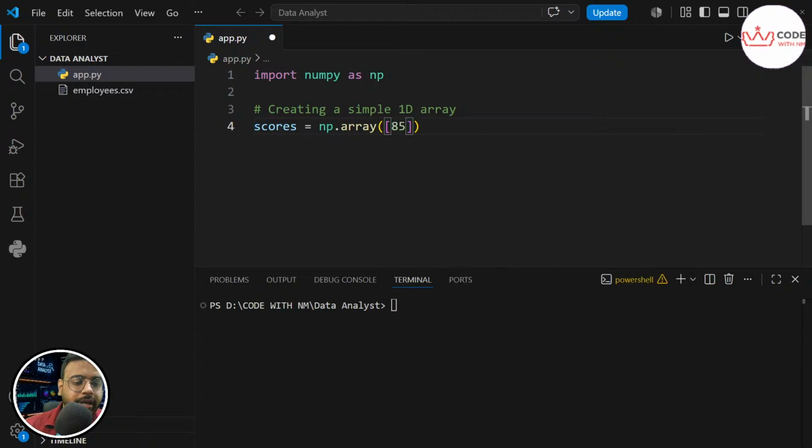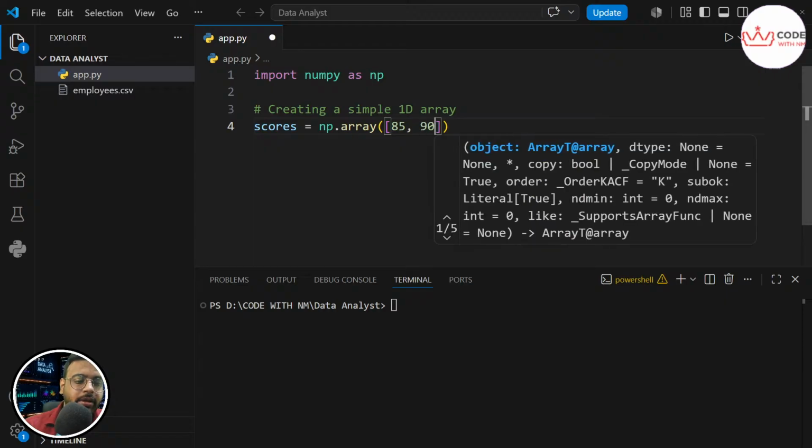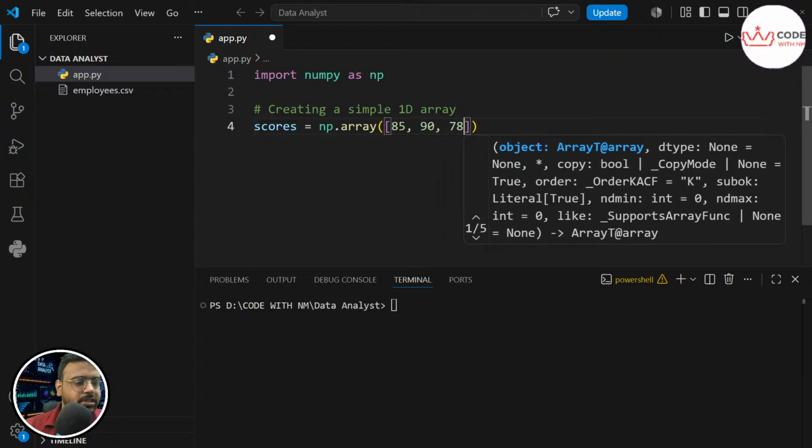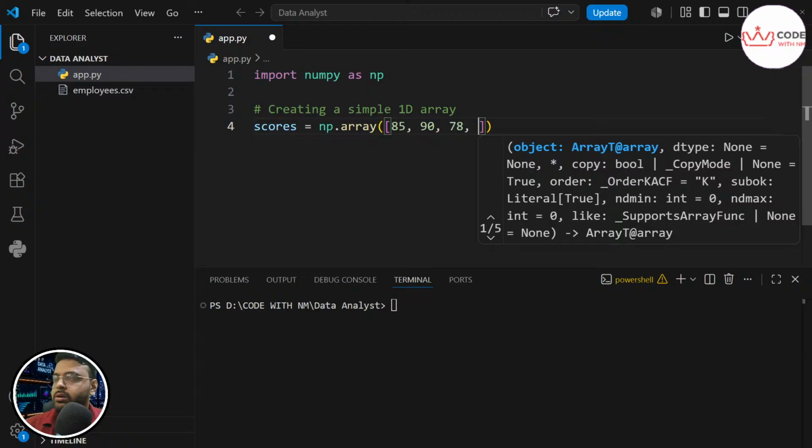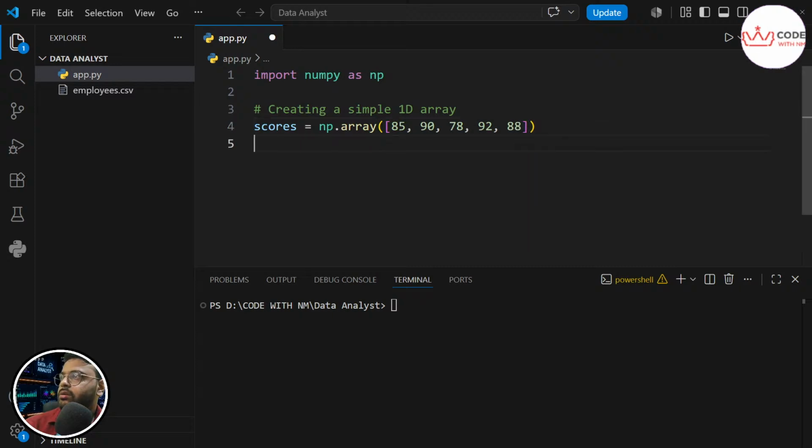So 85, and let's say 90 and 78. I'm just adding random values. 88. For this example, let's directly print scores, and of course we will also be printing the type of scores.